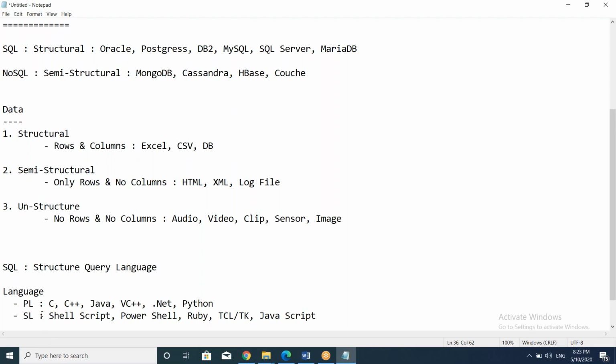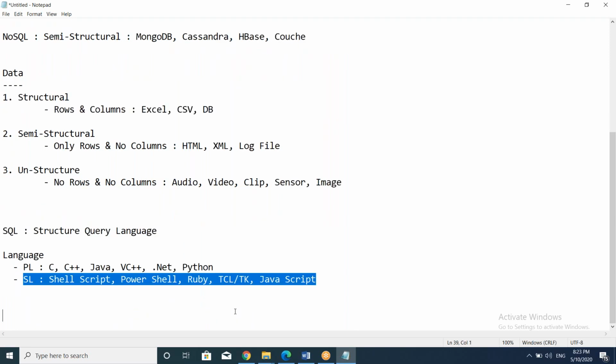This is also a scripting language, one kind of programming language only, but not 100%, and some differences are there. Basically, scripting languages are used for framework design and automation. But if you are developing a project with a front end, like an application, UI, user interface, GUI application, then programming language will be used. If you are doing automation, then scripting language will be helpful. Both are not the same.